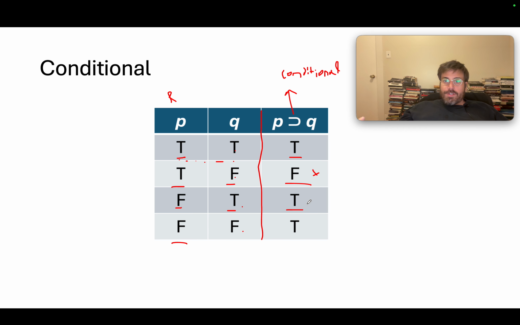But there is no violation of validity if we have a false premise and a true conclusion, not necessarily. And likewise for the fourth row, if we have a false antecedent and a false consequent, horseshoe is still true. This one really trips up students